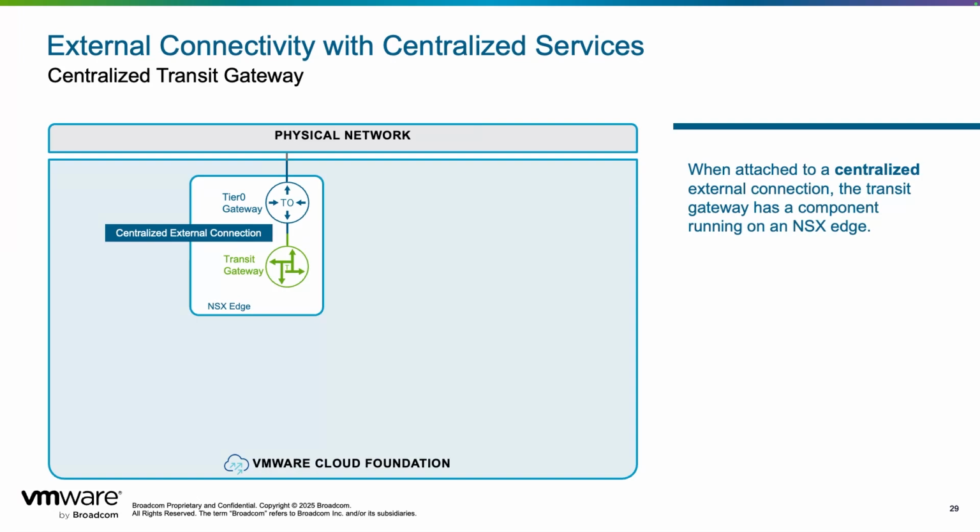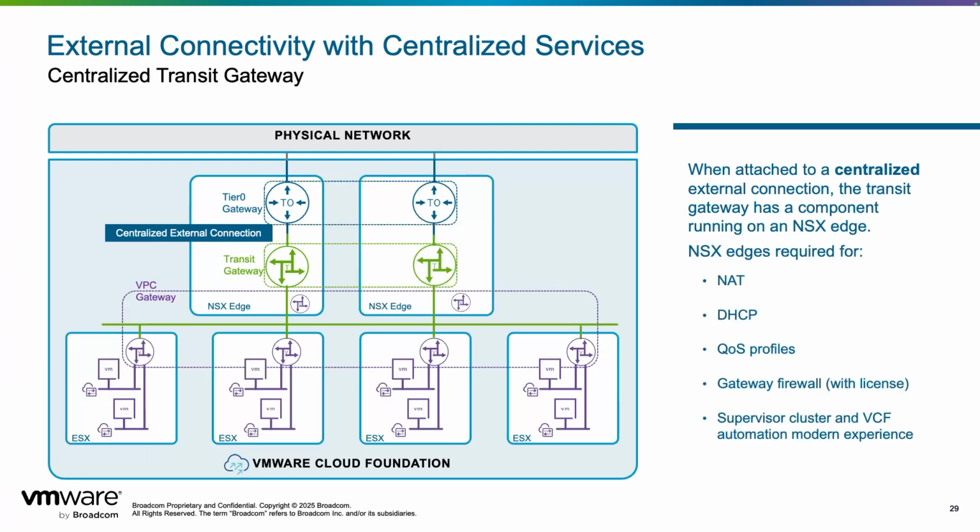This tight integration means that all north-south traffic through the transit gateway also flows through the T0 gateway and inherits its redundancy model, whether it's configured in active-active or active standby mode. This has direct implications on the services the Transit Gateway can deliver, noting that stateful services are not supported when operating in active-active mode. In a similar way, VPC gateways also require a centralized component on an edge node to